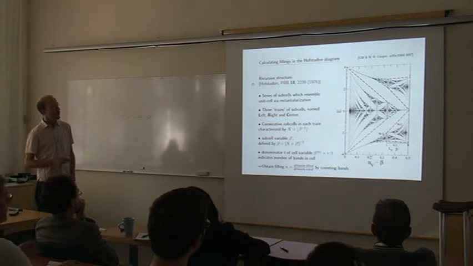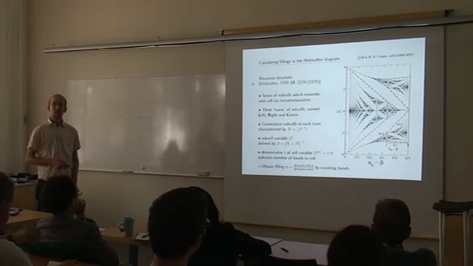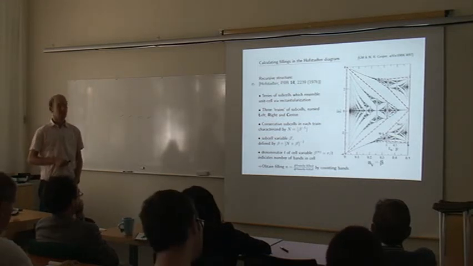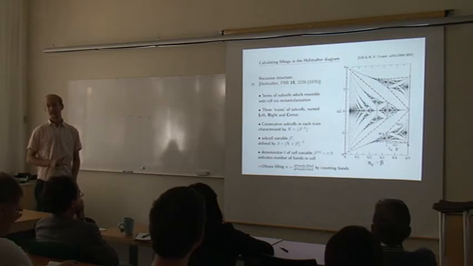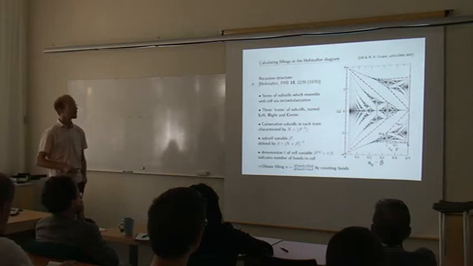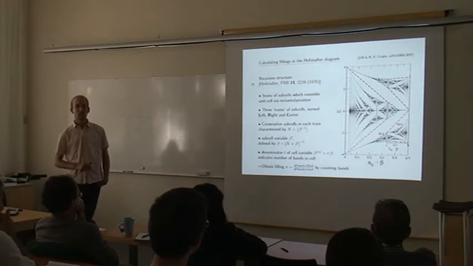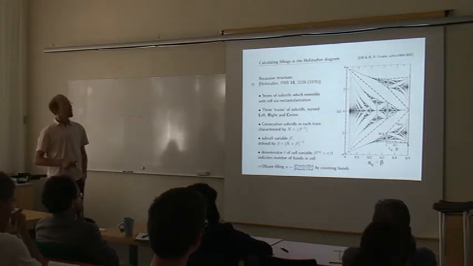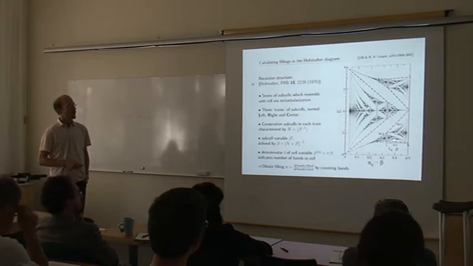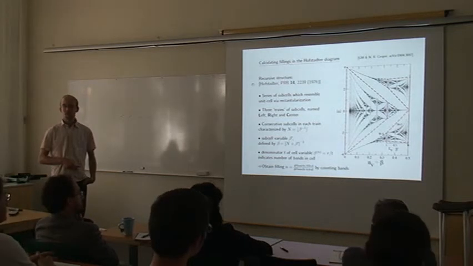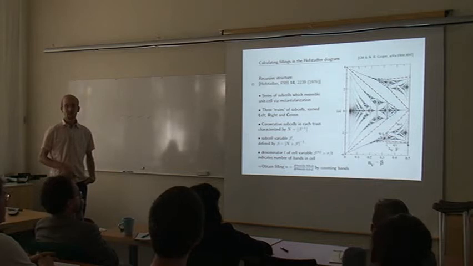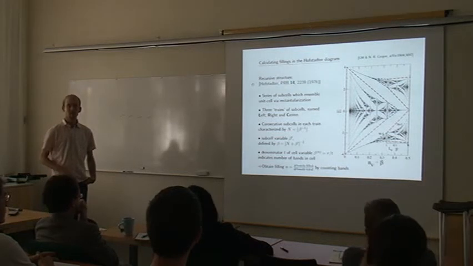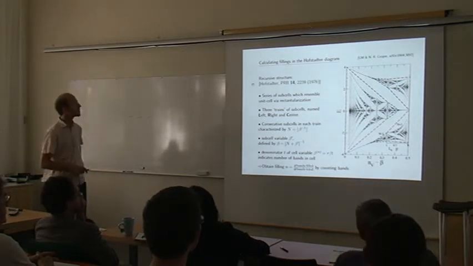So actually one of the properties of the spectrum is that when you're at a fractional flux density of P over Q, there are precisely Q bands. And the number of states in each of those Q bands is the same. And so to get the filling, or number of states below some gap, all you need to know is how many bands are below that gap, and how many bands are above that gap.